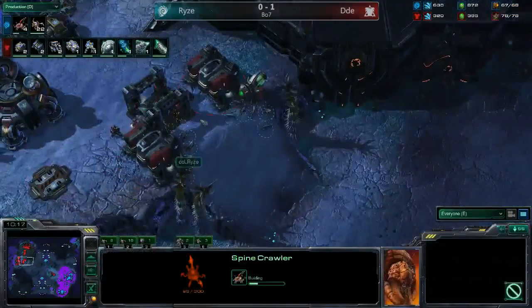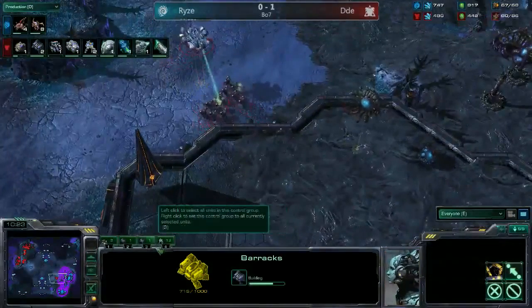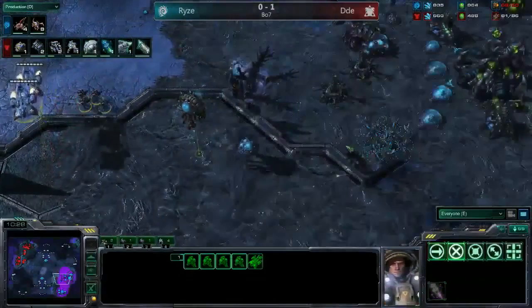It won't do too much. We do have the lings coming up, but DDE did wall that off so the lings can't get in. And is he going to? Yes, he is just going to elevate her up. Sees the hole in Ryze's force. Did throw down scans like, yo, you